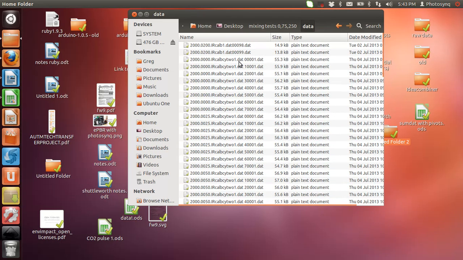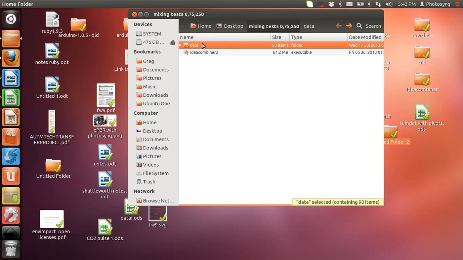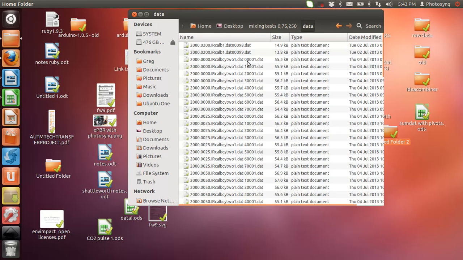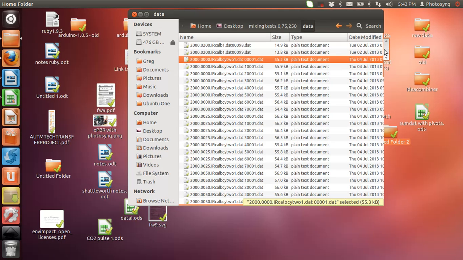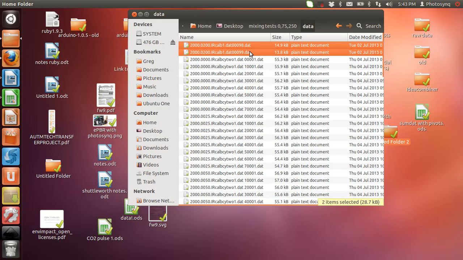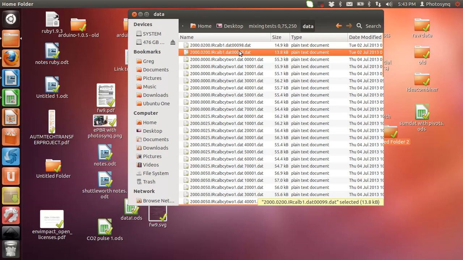And your Ideaspec files should have a certain organization to them that'll look like this, and you'll see that later when we open up the Ideacombiner file to mix them up. In this data folder you should have only two things. You should have your data, which would be all this stuff in this case, and you should have two calibration files. One should be 98 and one should be 99 unless you change that. These are the files that the calibration data gets pulled from,